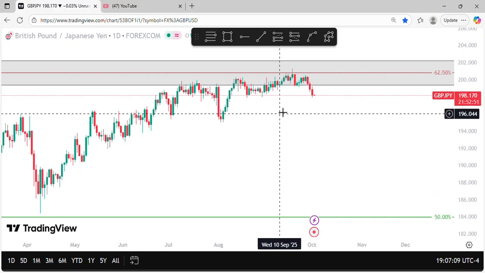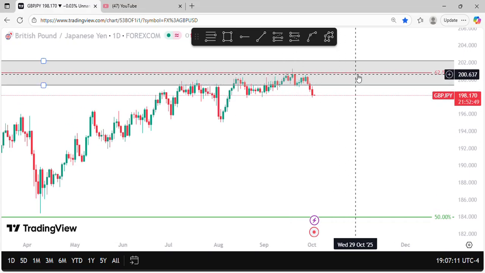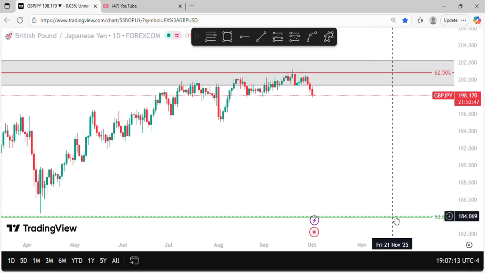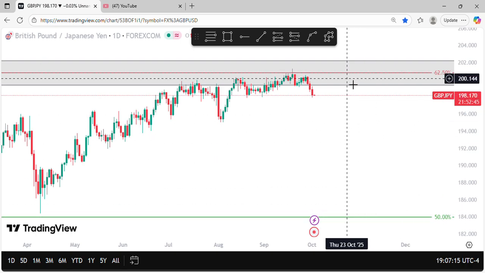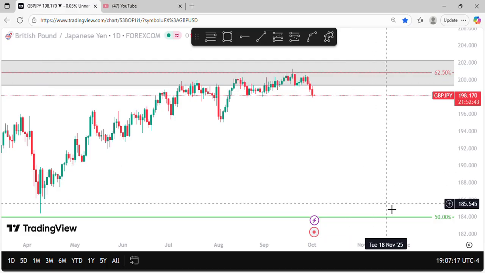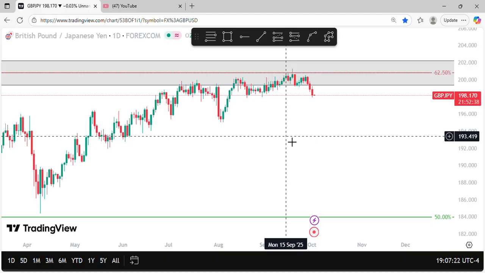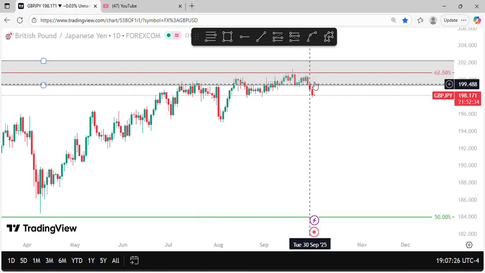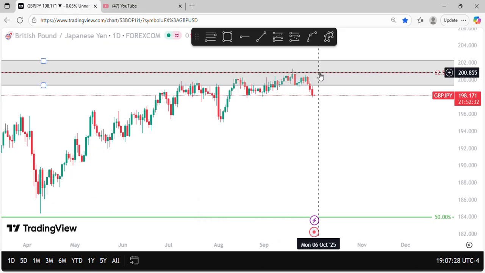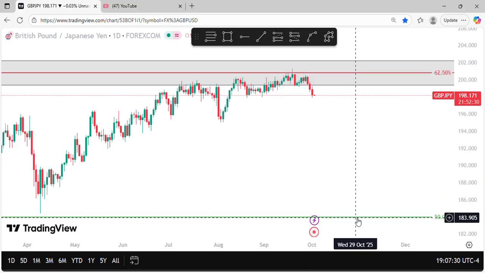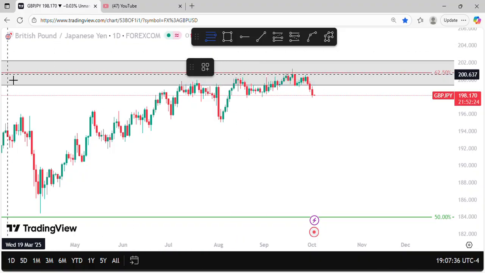This level from the 62.5 to the 50 DRT, we can consider that as an entire range as well, right? Just like we had in the 3 months where we marked the swing high and the swing low. Inside here, we can consider this 62.5 as our swing high and the 50 DRT level as our swing low. And by so doing, using the fib, we can just go on